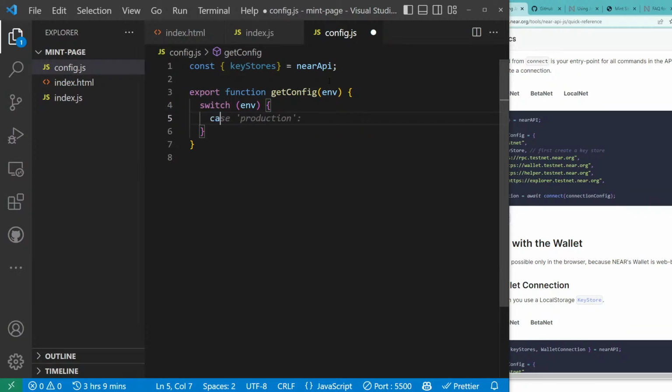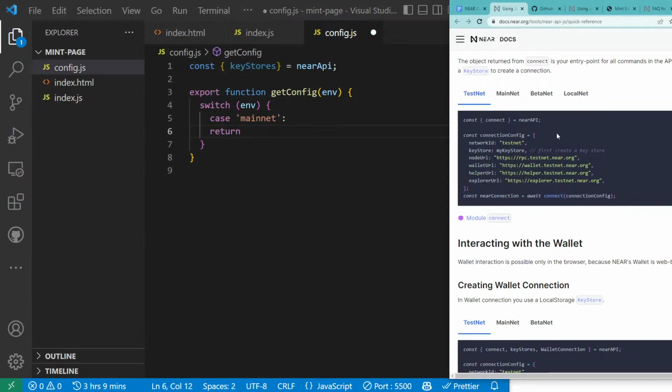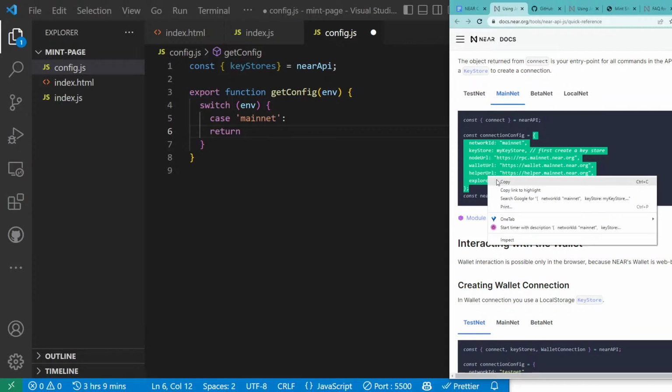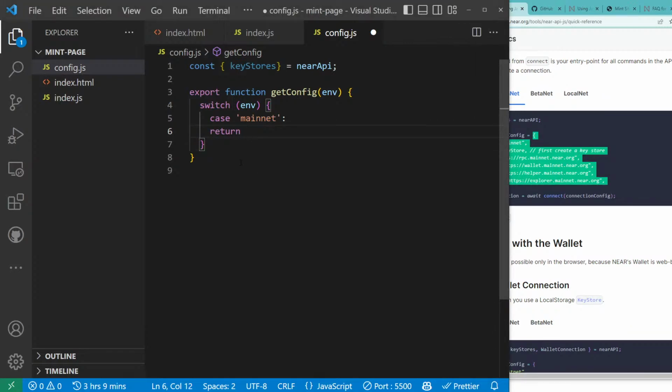So case, I'm not going to call it production because I just want to be a bit more specific, so I want to do mainnet, and here I want to return this. So I want mainnet one to start with, so it is all this here. Just copy that, paste in here,